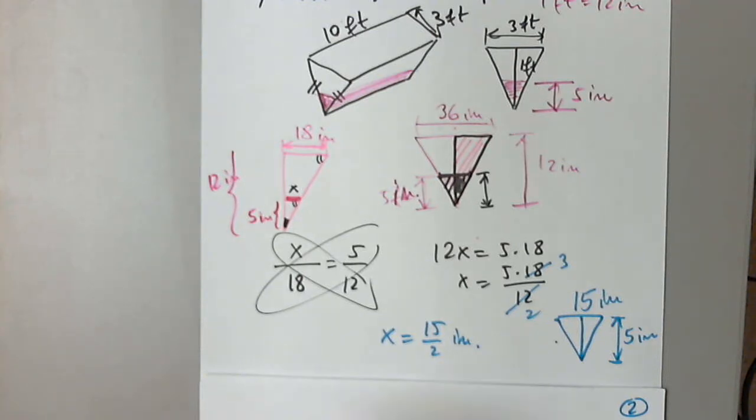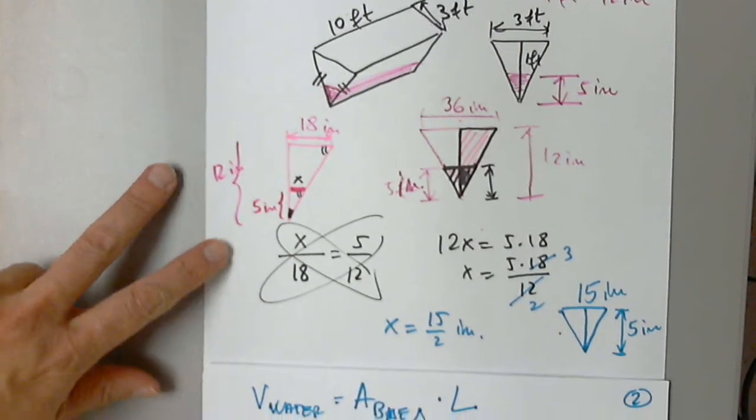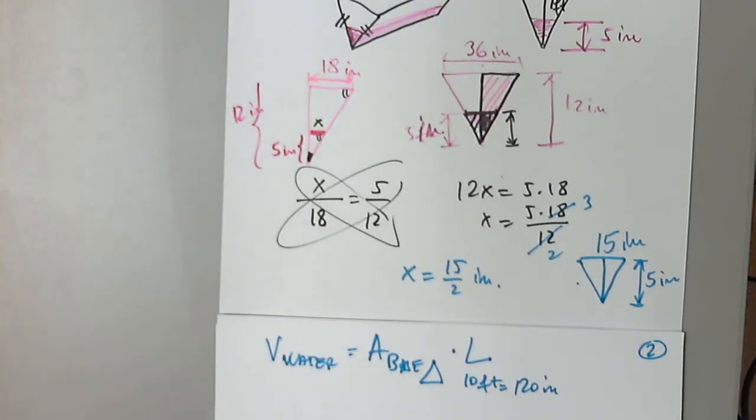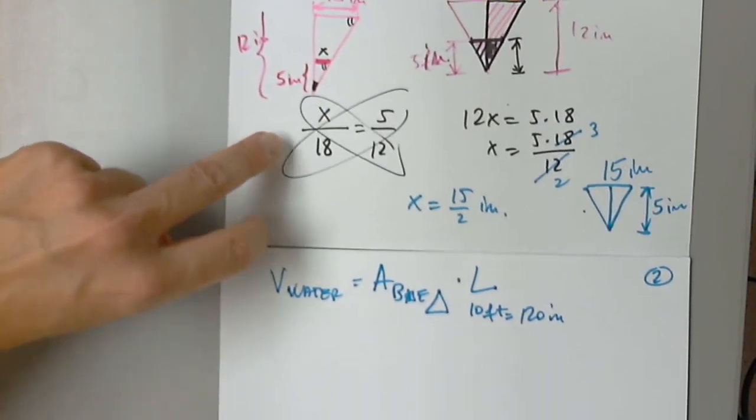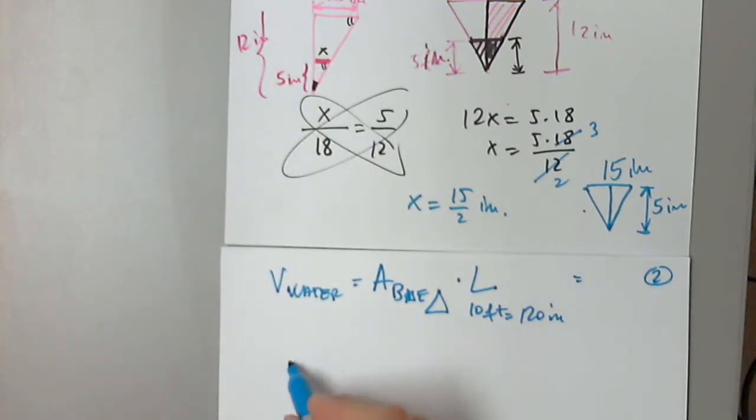So now the volume of water equals the area of the base, which is the triangle, multiplied by the length, which is 10 feet, multiplied by 12, which is 120 inches. So the volume of water is the area of the triangle times the length of the trough, which is 10 feet, but 120 inches. So the area of the base will be 15